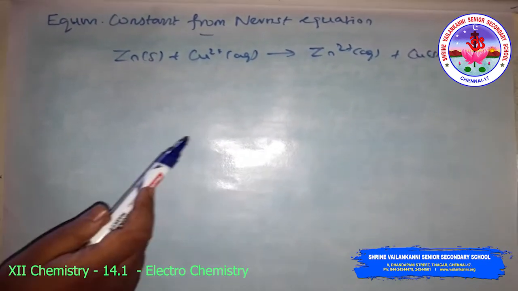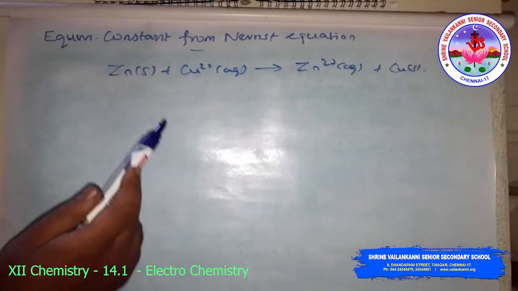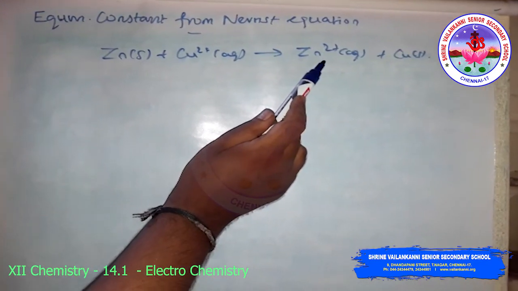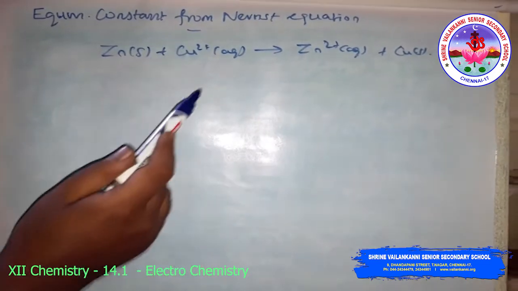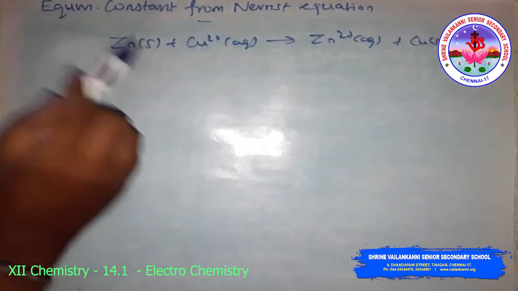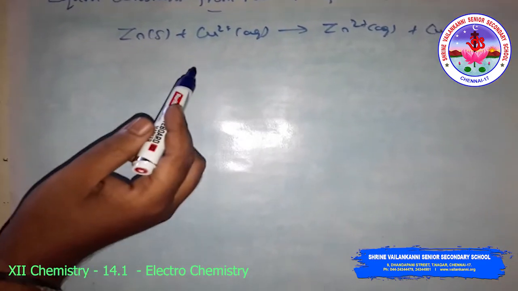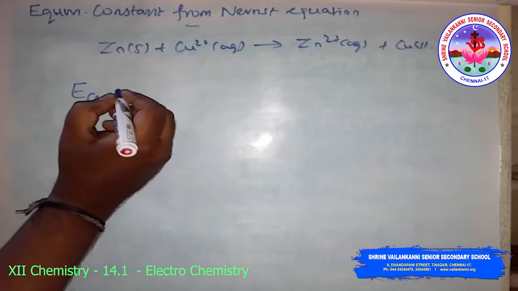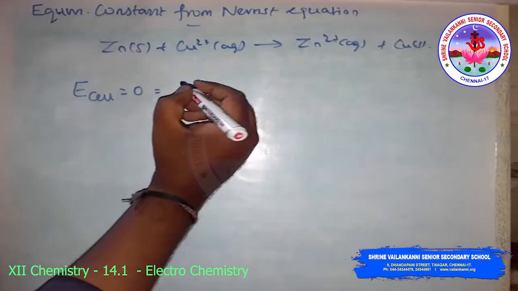So after some time, we shall note that there is no change in the concentration of Cu2+ ion and the concentration of Zn2+ ion at the same time. So the voltmeter gives a 0 reading. This indicates the equilibrium has been attained. So in this situation, the Nernst equation may be written like this: E cell is equal to 0, that means E naught cell